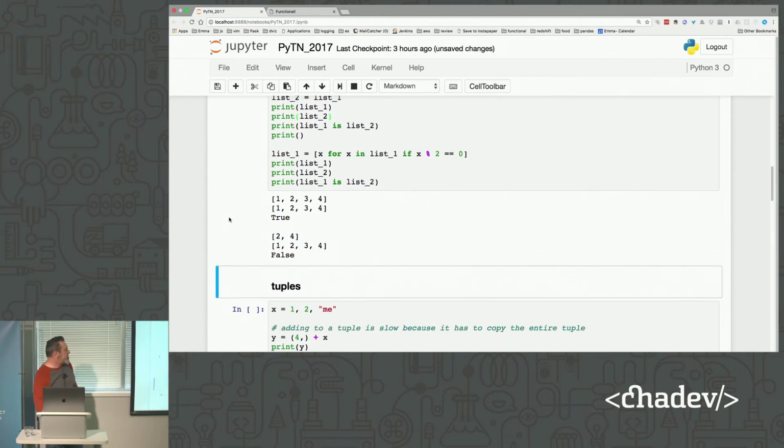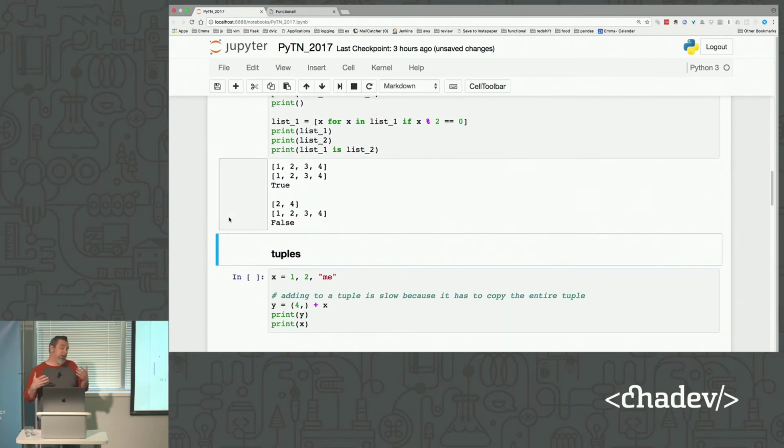Even though we made changes to list 1, because we created a brand new list, list 1 and list 2 are no longer the same list, right? We get a false here when we try to compare them. So this is a much safer way of working with lists. It's technically not an immutable data structure. It's creating a brand new structure on the back end.